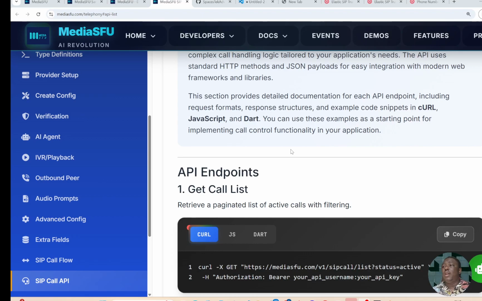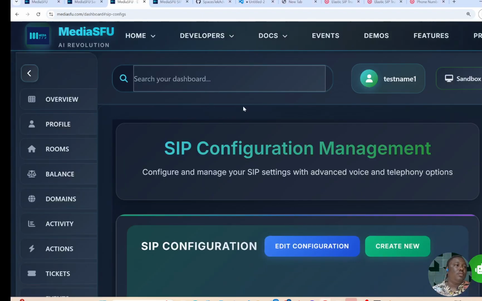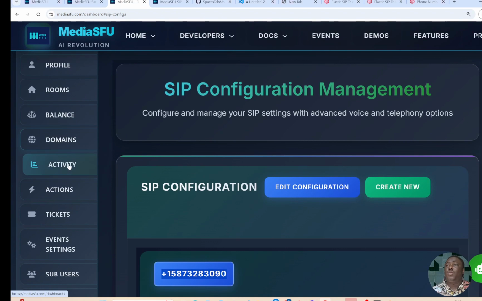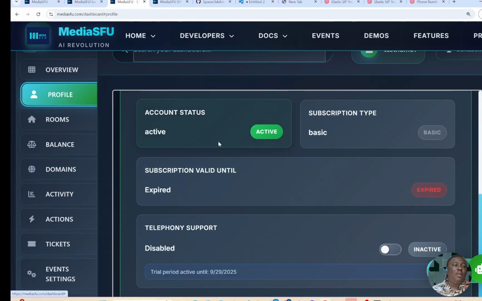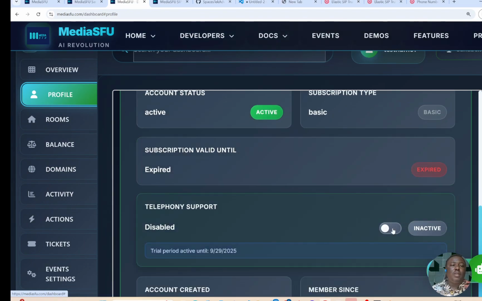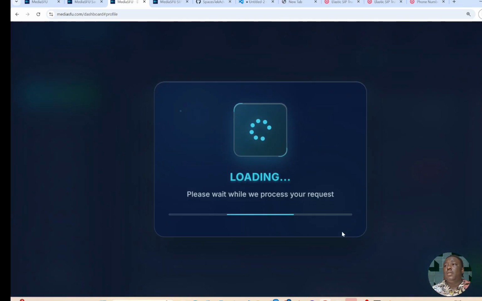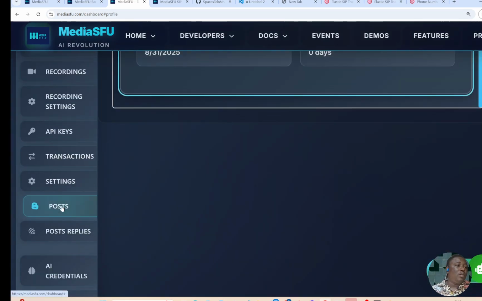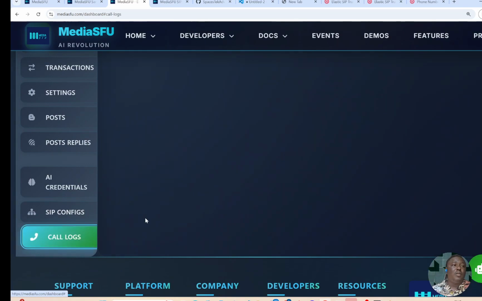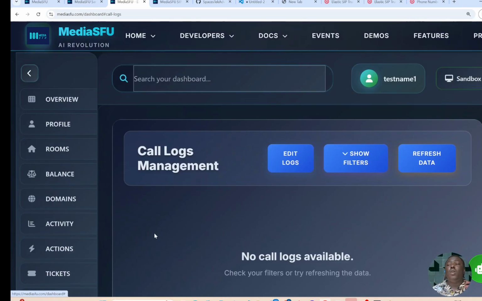So to enable that, you're probably just going to go to the dashboard. And in our dashboard, we have our profile. In our profile, we have the option to turn on telephony support. Check this, and it's going to become active. It means now I'm going to have an extra call logs part, which details all your call logs. So far as you have telephony support, this is just not the end. It means you can go to